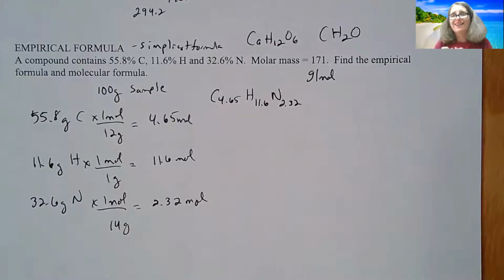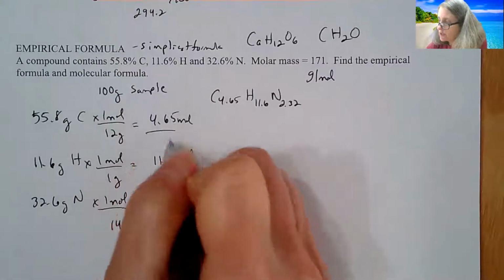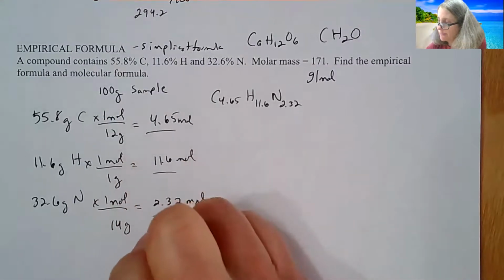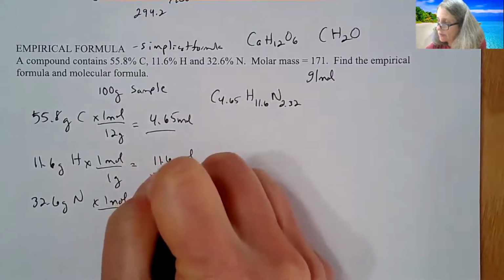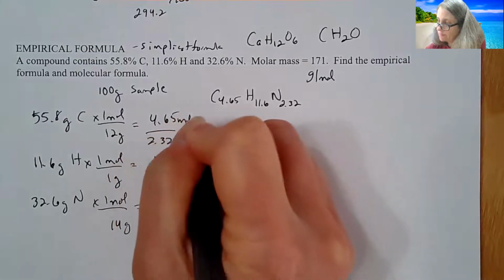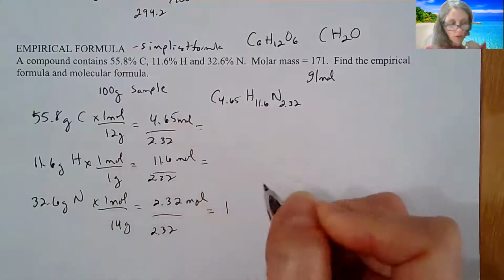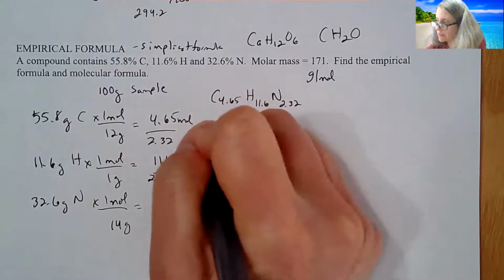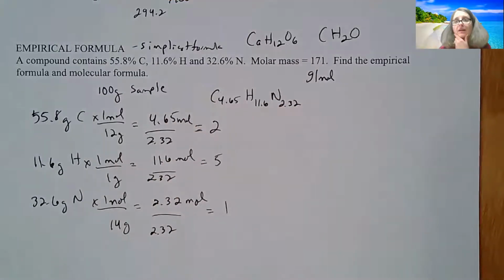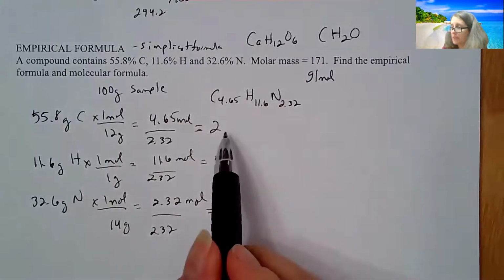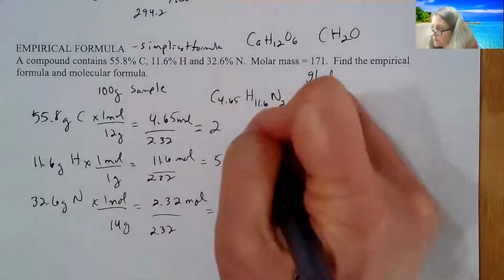But we don't like decimals. We don't like to deal with that. So the last step is always to get something to 1 so that we have whole numbers. We're going to divide each one of these by the smallest number, which in this case is 2.32. And then you're going to come out to be whole numbers most of the time. If it doesn't come out to be a whole number, then you're going to have to multiply it by a factor to get it to a whole number. But this comes out to be 2, 5, and 1. So it's going to be